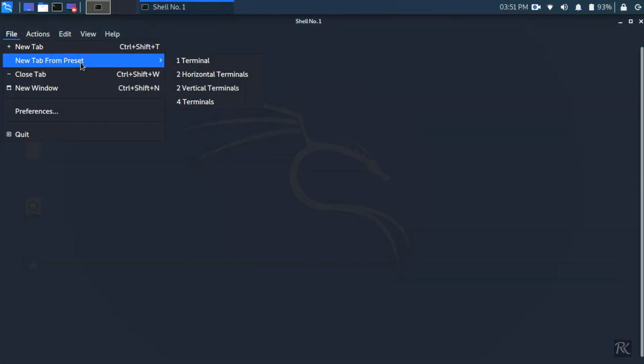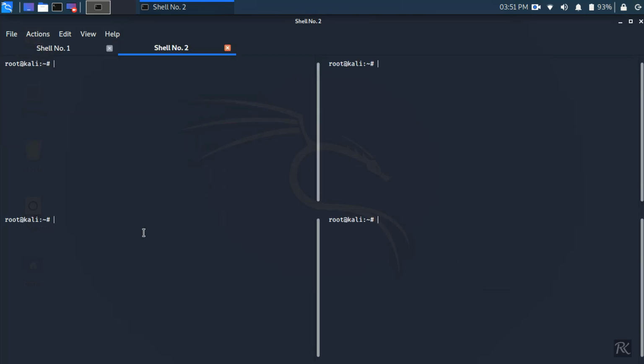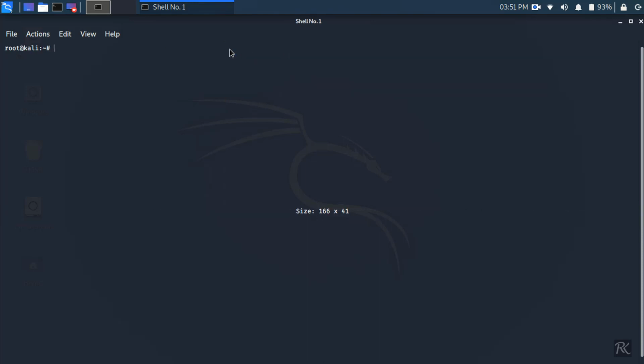We will see the configuration of the terminal, so you can split it horizontally, vertically, or into 4 terminals so that you can execute multiple commands at a time. And from this